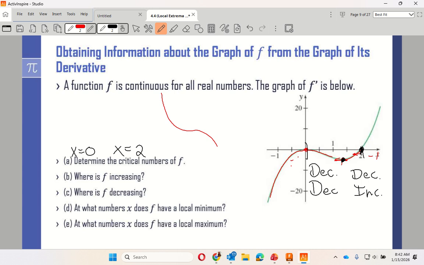Where is it increasing? This graph is increasing from? But increasing, where it's increasing would just be where it's positive, yeah? Yep, only positive slope, right? So from 2 to infinity. There we go. Now, am I including 0? No, 0 is not. So that's why it is a parenthesis. Where is it decreasing? It's decreasing from